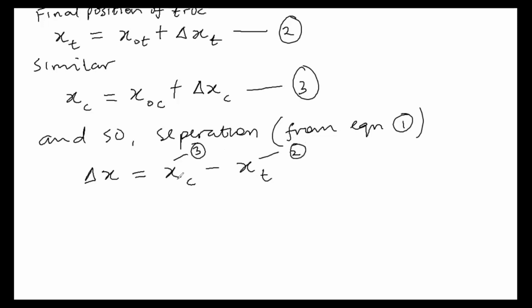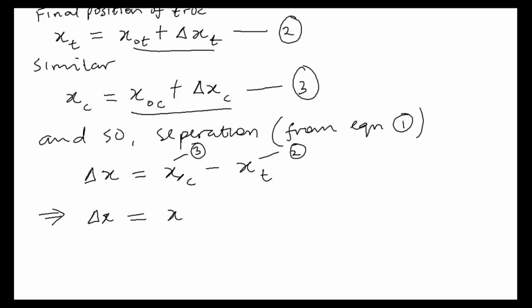So if I substitute, instead of writing this x_c, I can write that, and instead of writing this x_t, I can write that. If I do that substitution, then delta x, remember, is the separation distance that I'm looking for, will just be equal to